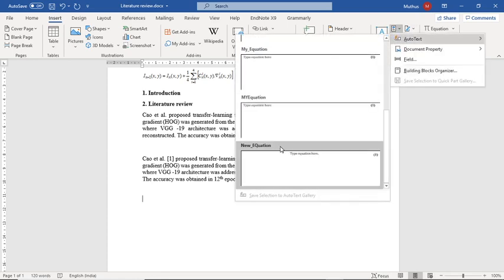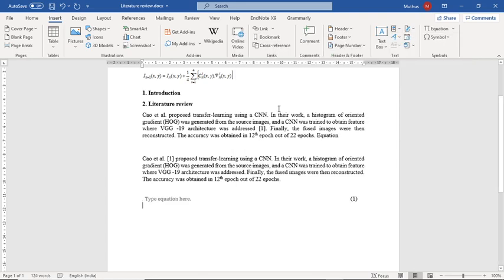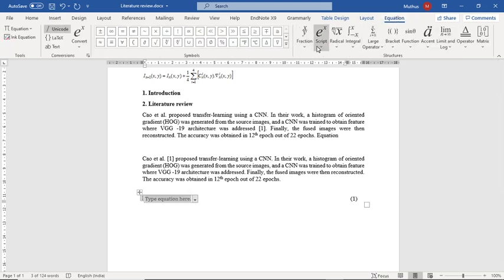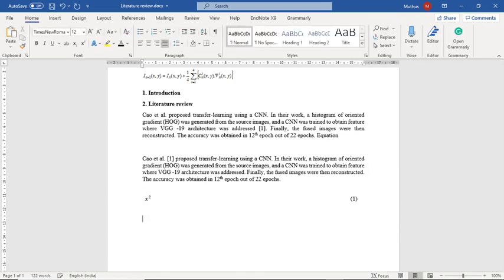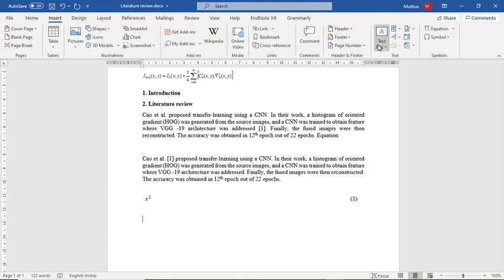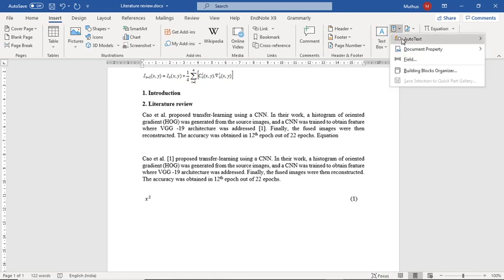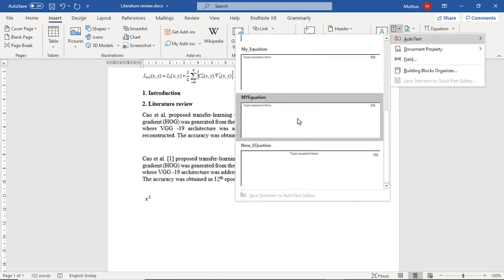Here my equation is there. So insert an equation, and using this equation option I can enter whatever I like. Based on your requirement you can choose the format here, x square, like this. And next I am inserting one more equation here, my equation.